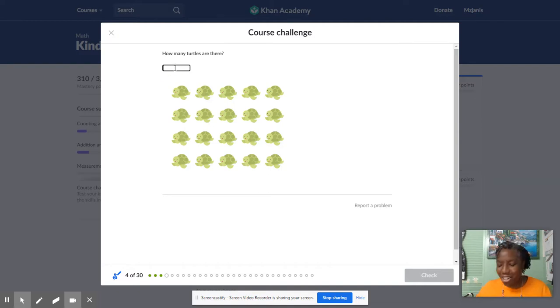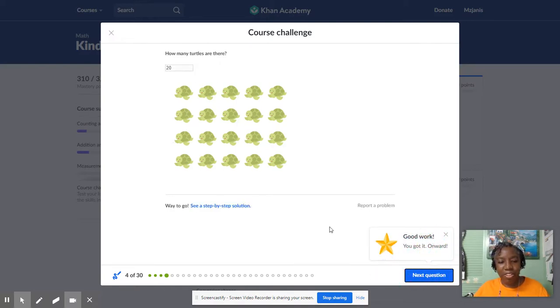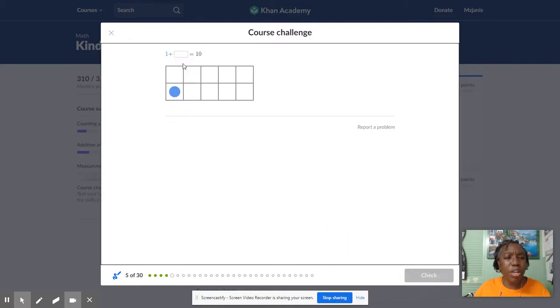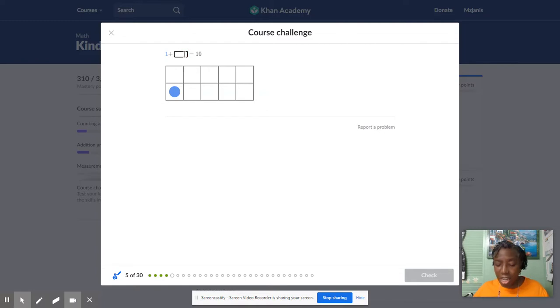Okay, so let's see if we can get a 20 on here. Let's see if we're right. Okay, let's go to the next question. Okay, 1 plus blank equals 10. So if you already know that, that means you're good. But the way that you would figure that out is you count everyone except for this block right here. So let's count 1, 2, 3, 4, 5, 6, 7, 8, 9. So 1 plus 9